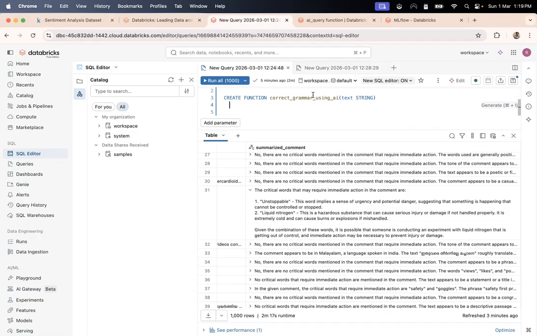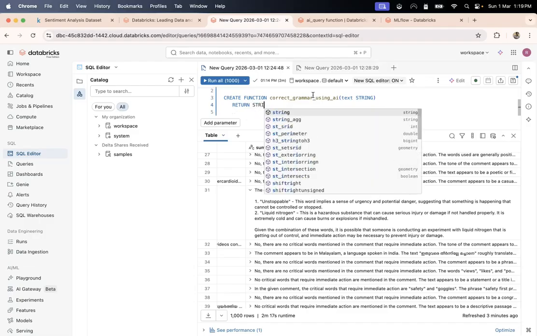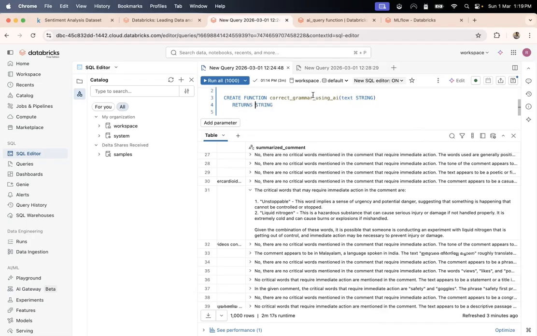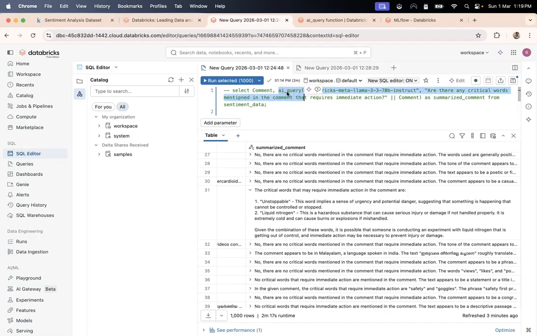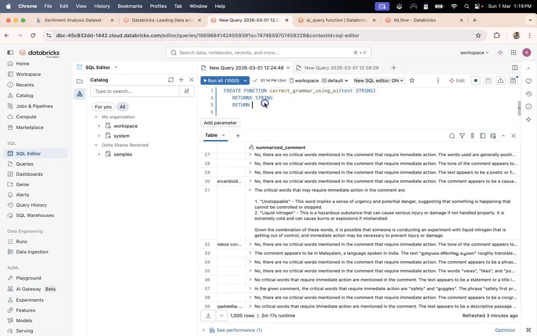After this I will specify the type that this function will return. So I'll say returns string, and then finally I will add the return statement, and in the return I'll grab this AI query just like this, and I'll just change the prompt here.